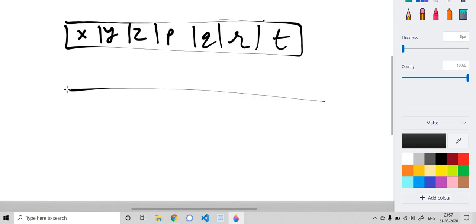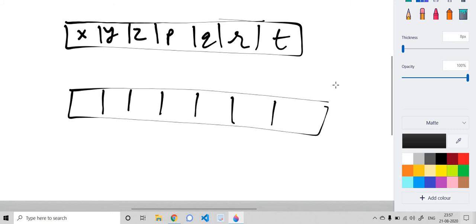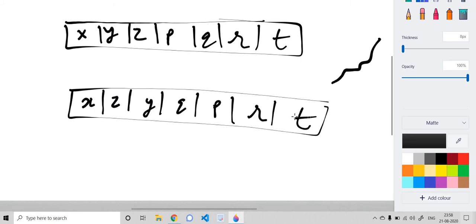First we sort them just to find out which elements are on their correct position if we want to put it in non-decreasing order. Suppose the order which comes out is q, p, r, t.